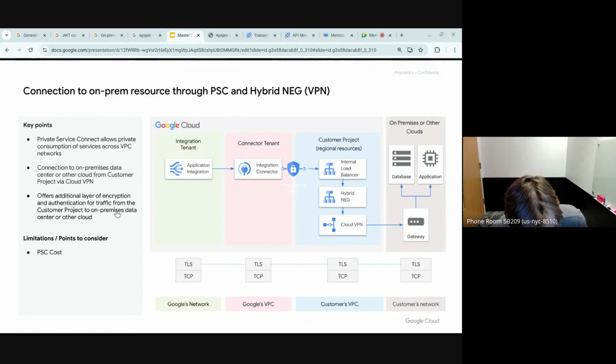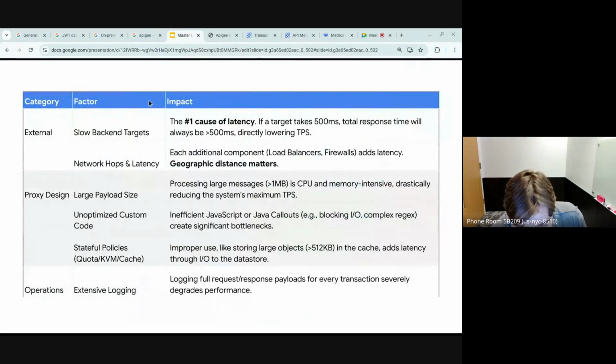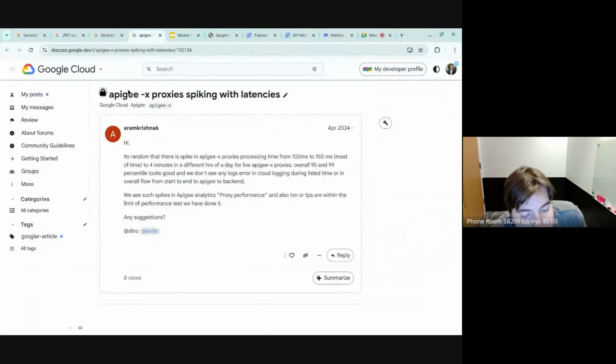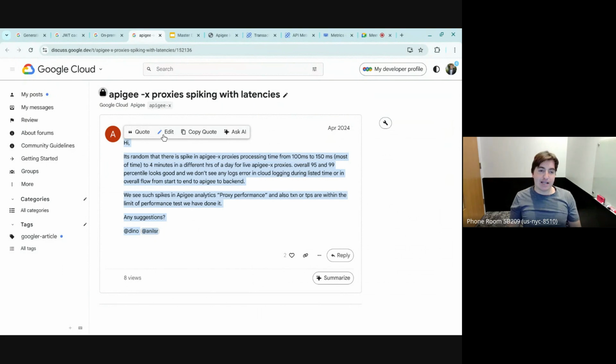So final question, and I find this a pretty interesting one. I wanted to save this for last, and it's surrounding performance. We do get a lot of questions in the community and just within our customer and partner base surrounding, hey, how do I best troubleshoot performance and performance best practices? So this is your typical use case of, yeah, my proxy works to expectation 99% of the time. Occasionally it spikes. I don't know why. I've looked at analytics, don't really get it. What should I look at?